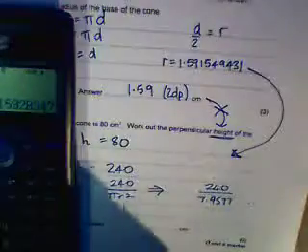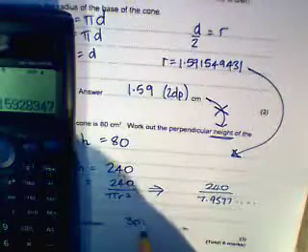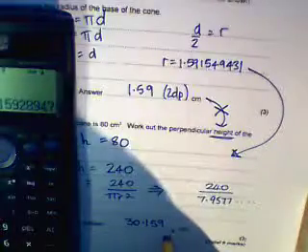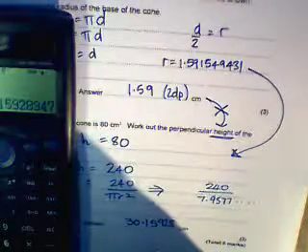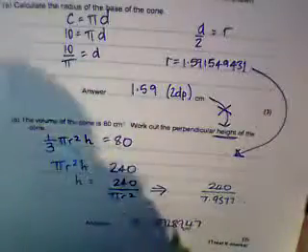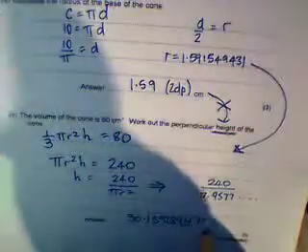SD button gives me 30.15928947. It doesn't say round it or do anything else to it, and I'll just say that